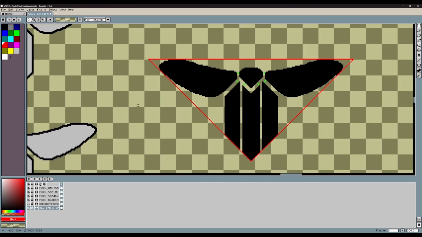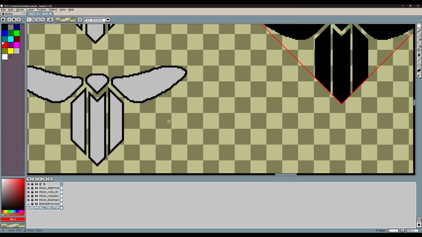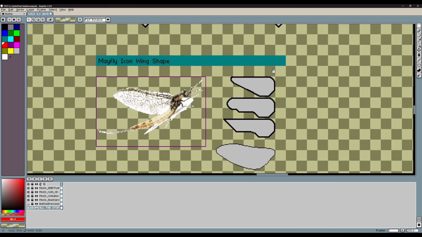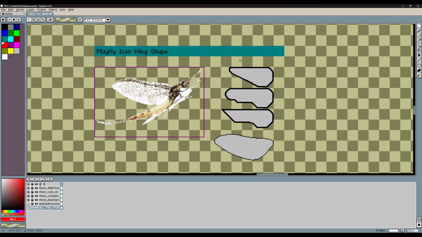I'm very happy with the Mayfly design, and it looks very good in engine. So you'll be seeing a lot of this if I continue making videos, which I should. All right, and yeah, so for the actual wing shape, this is another thing that I do when I'm just stuck on ideas, as opposed to just always pulling from Windows 3, because I've mentioned before, I don't want to just copy old operating systems. I want to bring in other elements.